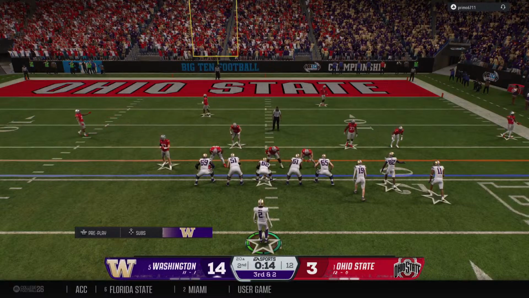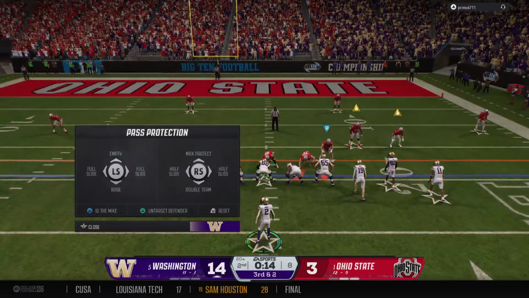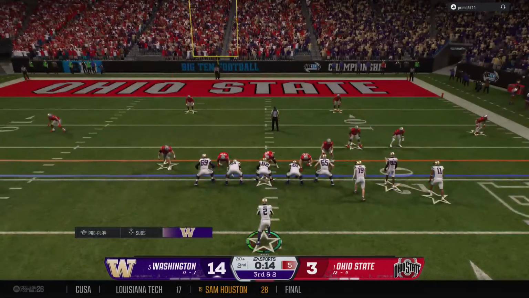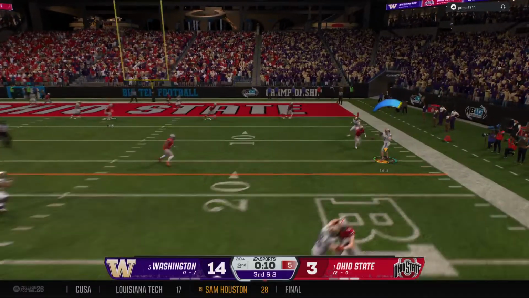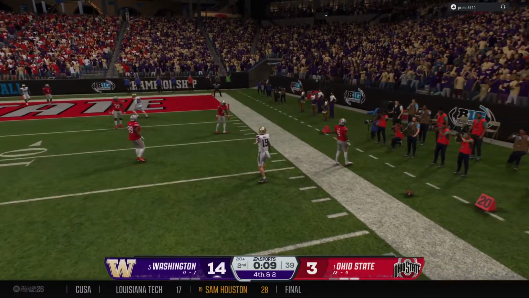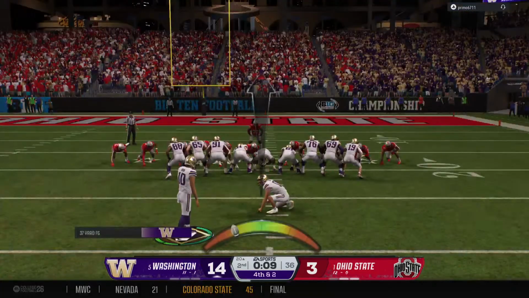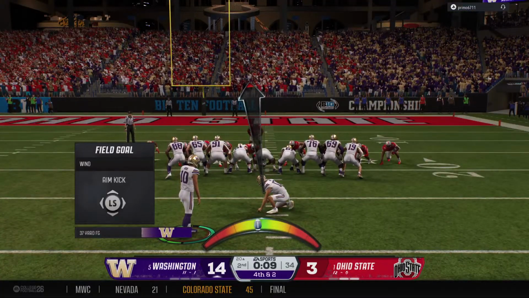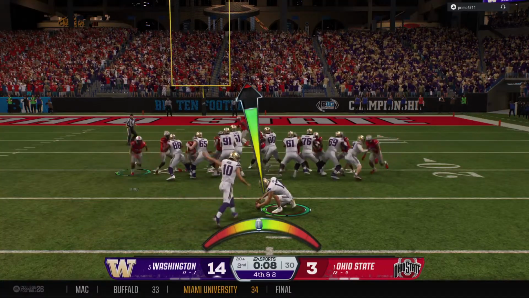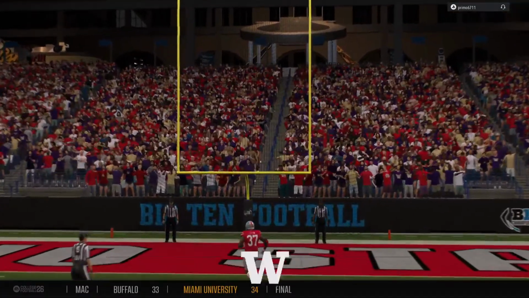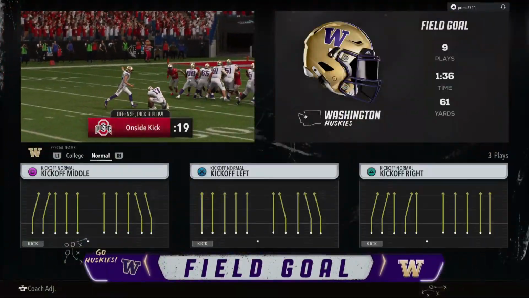Not much time left. Perhaps just time for a couple plays before the half. Looking to pick up the first down through the air. And that one is incomplete with just 9 seconds on the clock. Hey, the good news is here, Chris, they're still in field goal range, and they didn't cost themselves any points, but they could have more. Got to be thinking about going for this on 4th and short. And it's good right down the middle. And that will extend their lead even further.